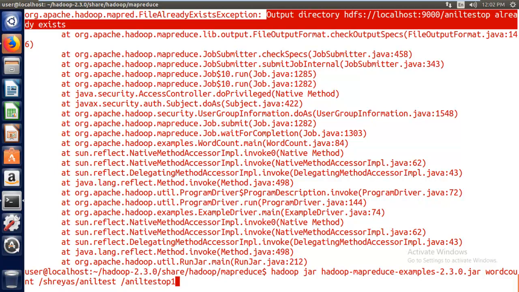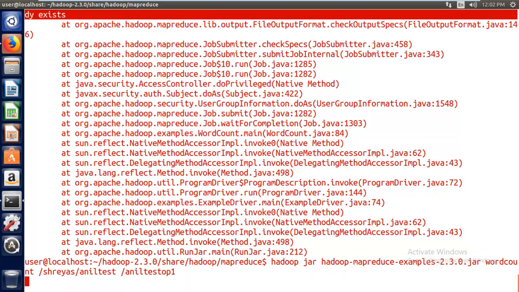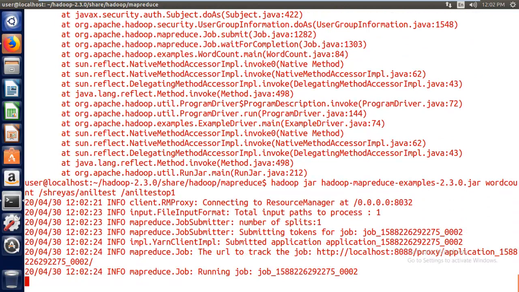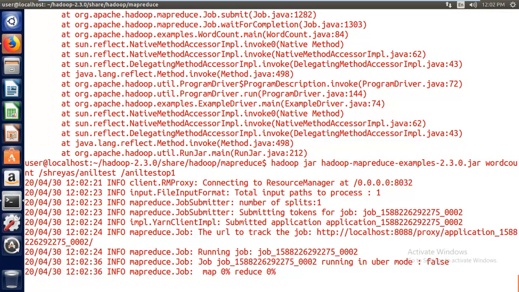This time I just changed from Anil test OP to Anil test OP1. Now you can see the result. It's running as earlier and finally ending with the commands.